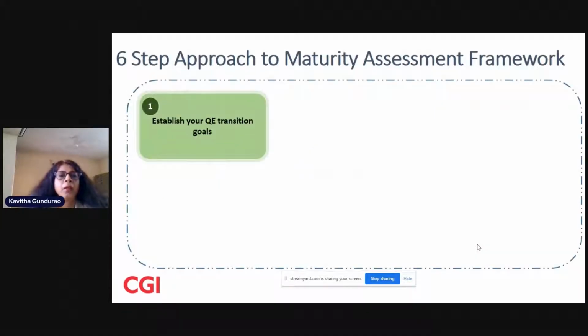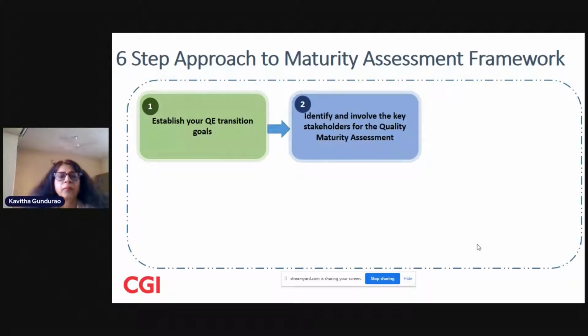Okay. Now let's take a look at the six-step approach to the maturity assessment framework. So the very first step I would suggest is that we need to establish the QE transition goals, right? That's one of the first steps that we need to focus on when we want to transition to QE, right? Then identify and involve the key stakeholders for the quality maturity assessments.